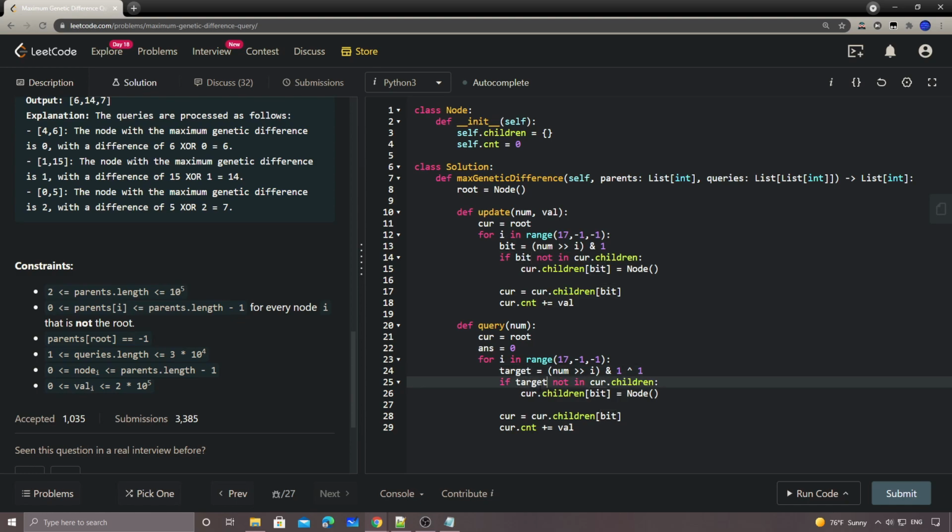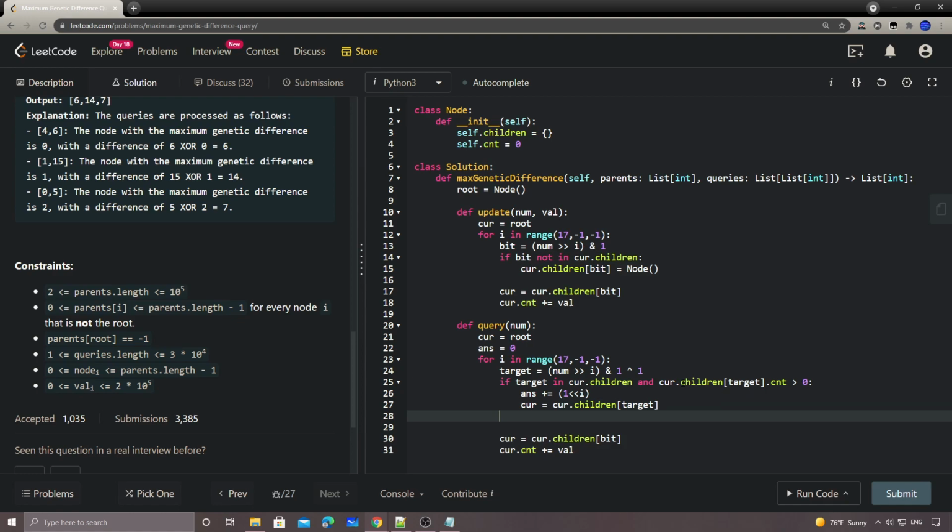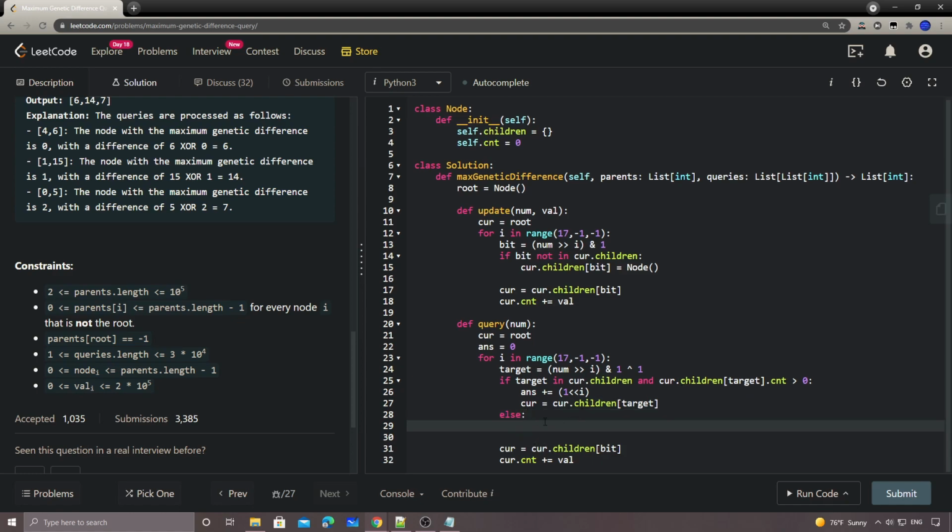And for this one, if the target is in the current node's children, and remember, since we have a count here, if current.children[target].count is greater than 0, that's when we will increase the answer by this value. Then answer equals answer.children[target]. Else, if it's not there, we will not increase the answer, but here we'll basically do the XOR,